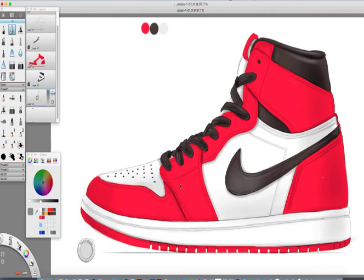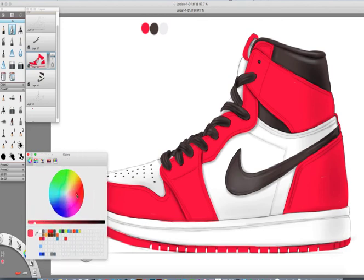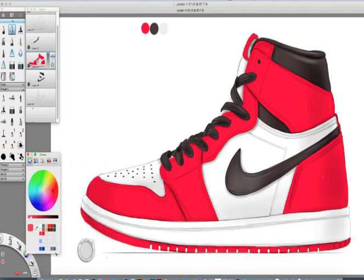Alright, now the red's looking a little dull because I have my shadows, but I don't have any highlights here or any brighter areas. So I'm going to pick my red, and I have the red dots up here because those are true. Once you start adding color or shading, you start transforming that red into a darker tone. So by having red, I can go in and play with the color wheel here to get a little bit more of a pink, or you can go right into using white, but we're going to use a little bit of an off-white, more of a red pinkish value,